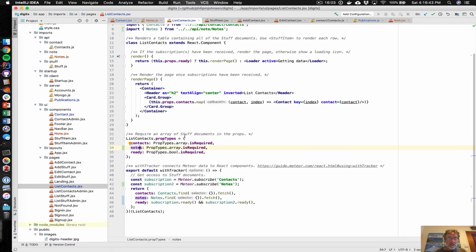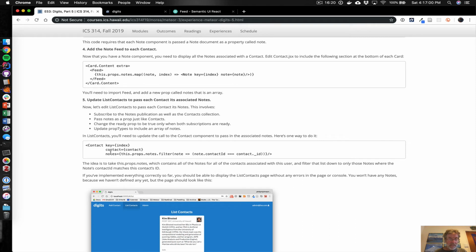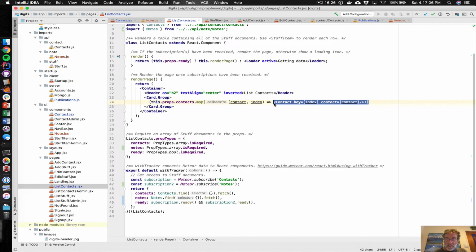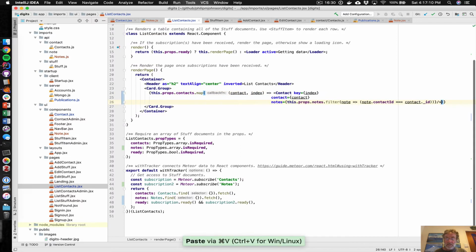notes associated with this. So here's where we're mapping through, rendering a contact. But now in our updated version of contact, we want this contact to also display the notes associated with it. So instead of just passing key and contact, we have to pass key, contact, and notes. So what I'll do is I'll take this and we'll replace this by that. And that unfortunately